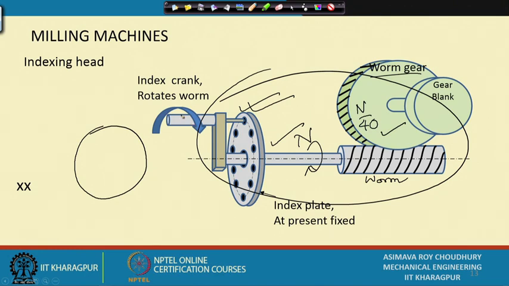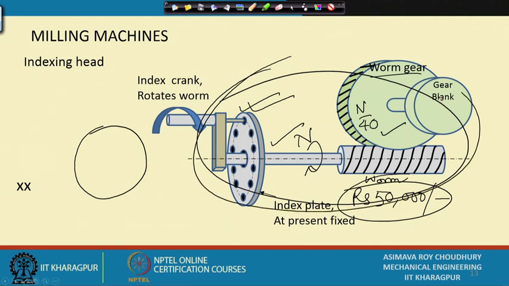And there is a crank handle sort of a thing, probably with this handle you can go round and round here. So, that is also going to cost you quite a bit of money. So, I will place a guess figure, maybe you will be down by 50,000 rupees, and that is indeed quite a huge amount of money. So, spending 50,000 rupees just for rotating this at equal intervals,